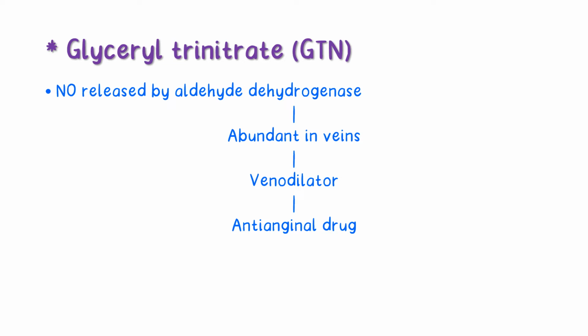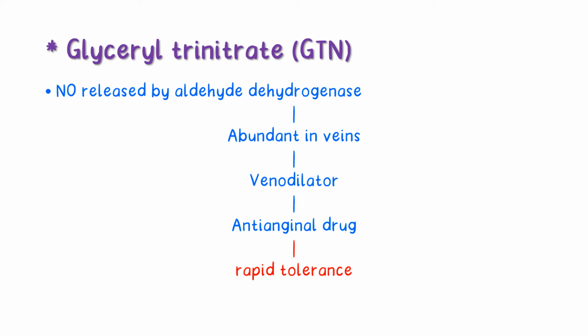However, when GTN or other nitrates are administered continuously, rapid and reversible tolerance is developed to their venodilator action because the reactive oxygen species generated during metabolism of organic nitrates inhibit mitochondrial aldehyde dehydrogenase enzyme, which is involved in nitric oxide release. Because of this reason, to avoid nitrate tolerance, a daily 6 to 8 hours nitrate free interval is advised to a patient taking long term nitrate, say for prevention of angina.